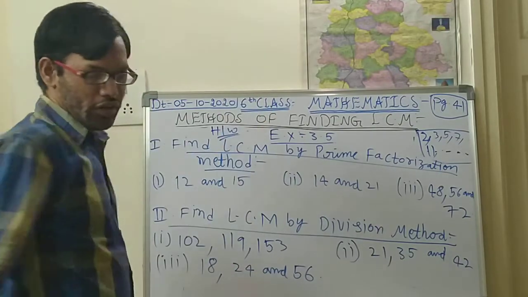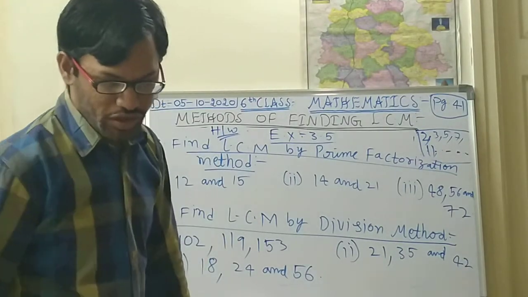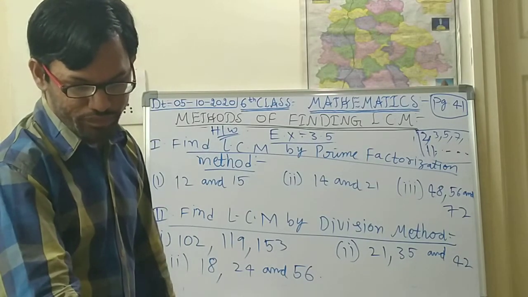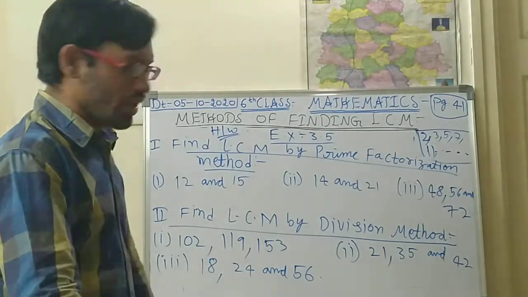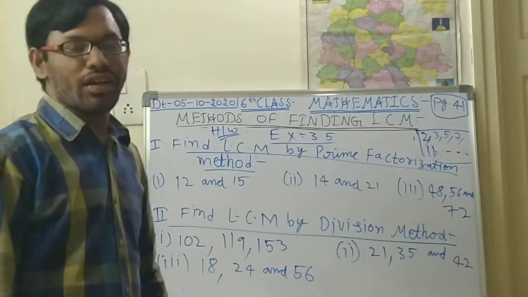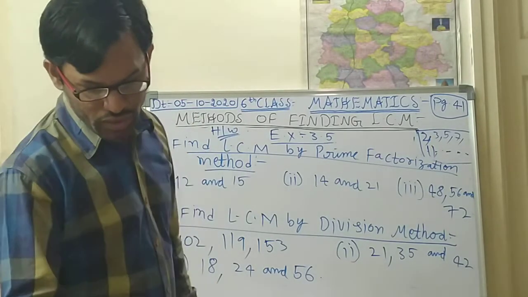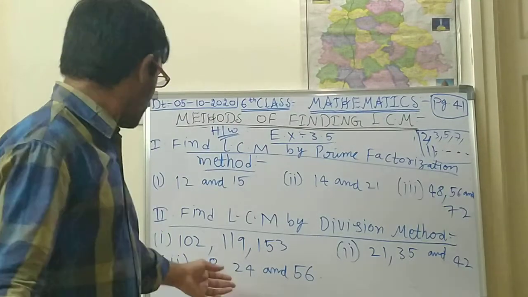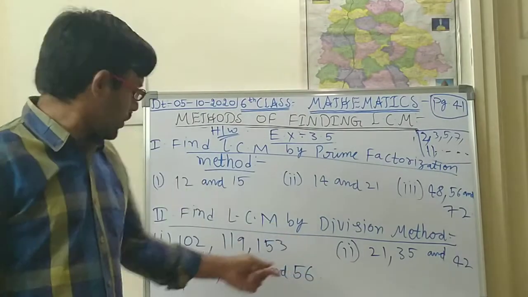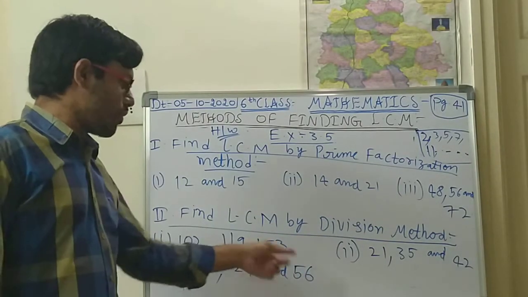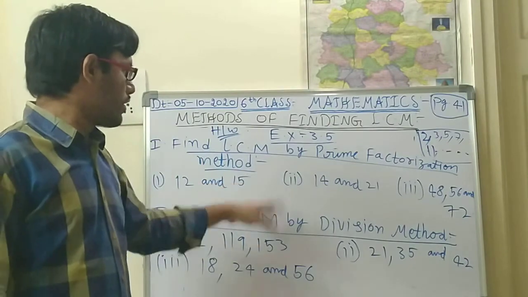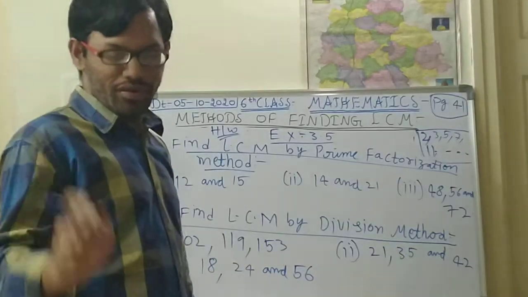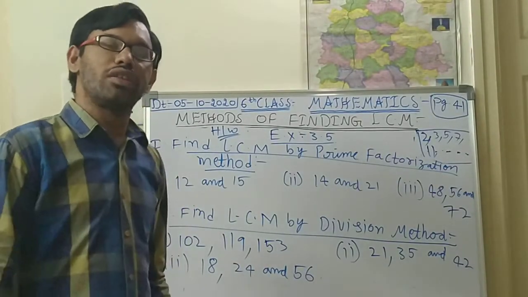Okay. So in your textbook, whatever the remaining problems: in the first bit, second problem, fourth problem and sixth problem, you do in the classwork, children. And in the second bit, first problem and third problem you do in the classwork. And the second problem I have given as homework. So these three problems should be done in the homework book, and the remaining problems in the first and second bit you do in the classwork book.